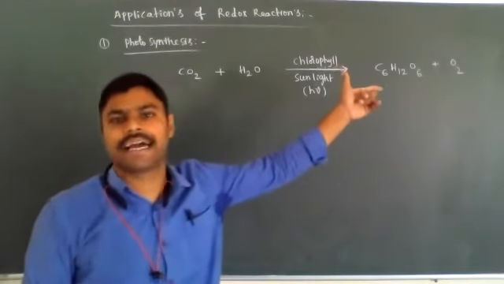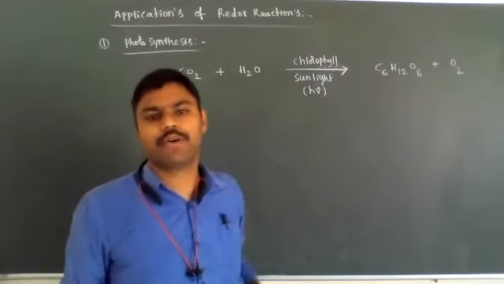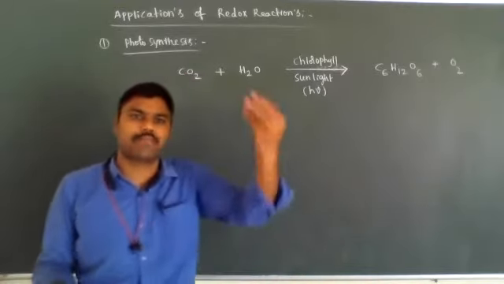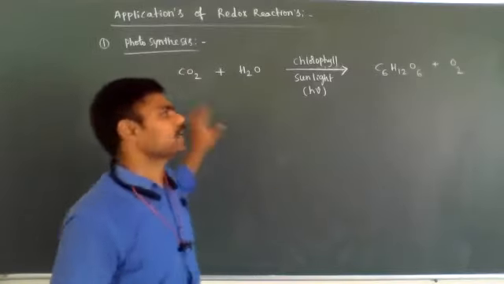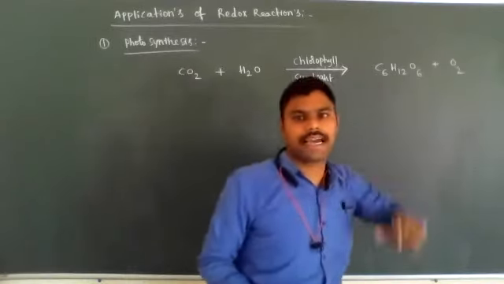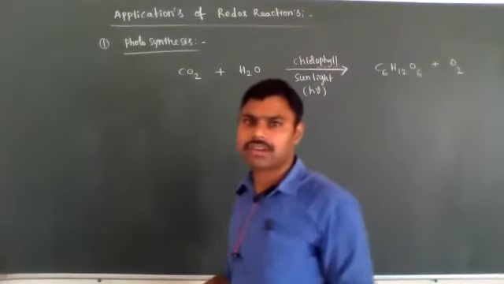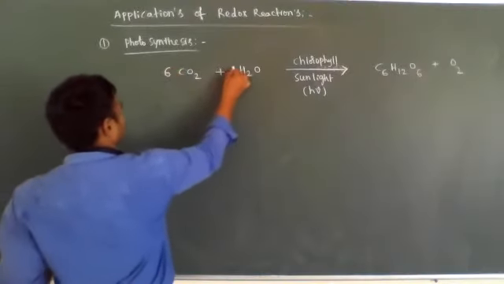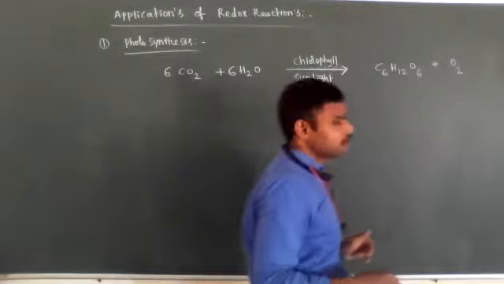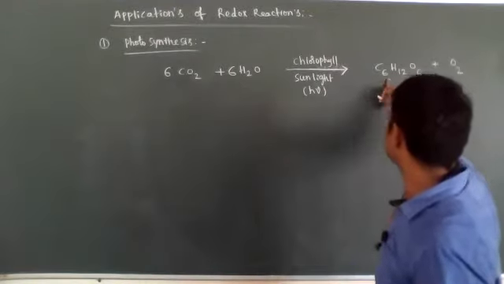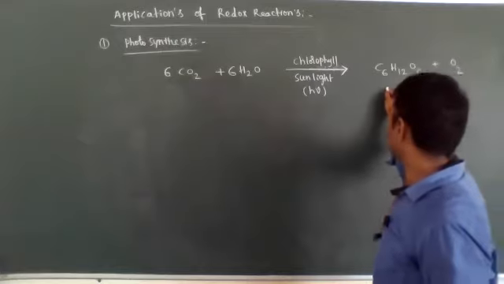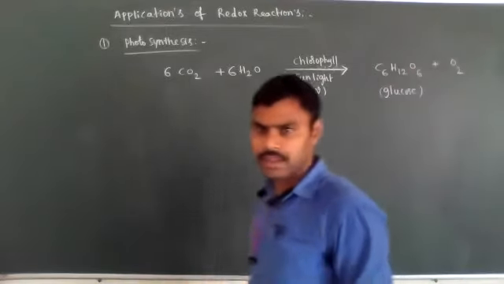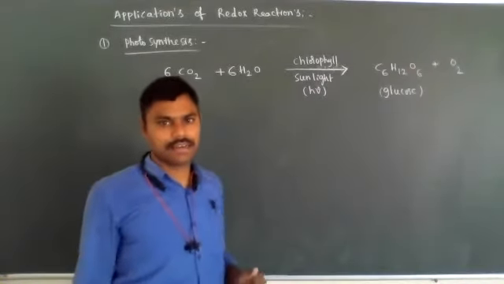So in the photosynthesis process, plants release oxygen gas. That's why plants are very, very important. If more plantation is present, then more oxygen will be present and pollution will decrease, because the plants take carbon dioxide and release oxygen gas. So this photosynthesis is also an application of redox reactions. To balance this equation, 6CO2 and 6H2O molecules in the presence of sunlight form C6H12O6, glucose, a food material, and release oxygen gas.